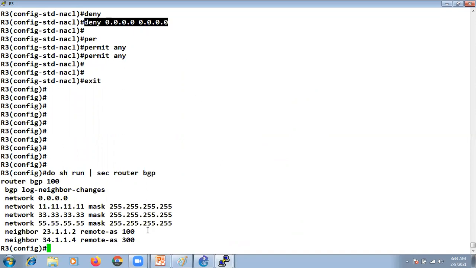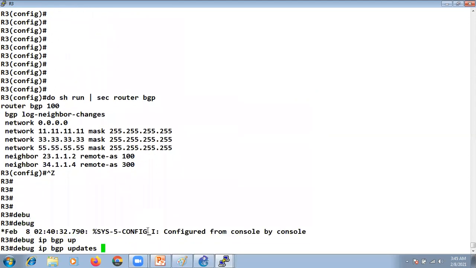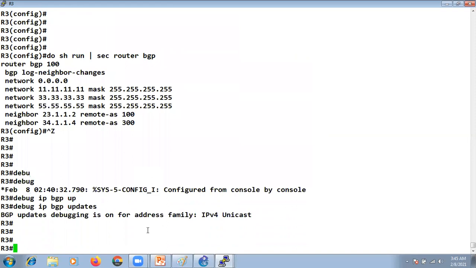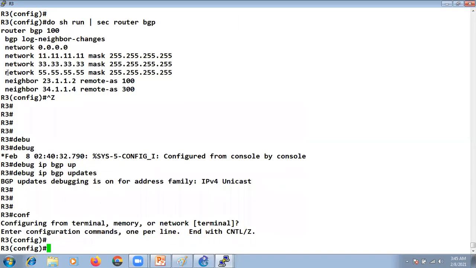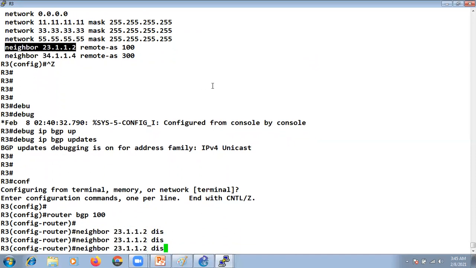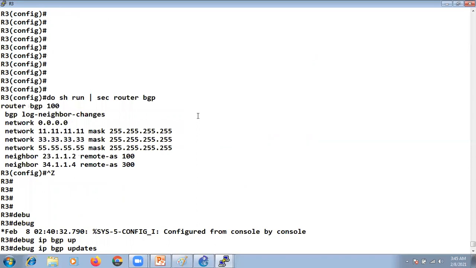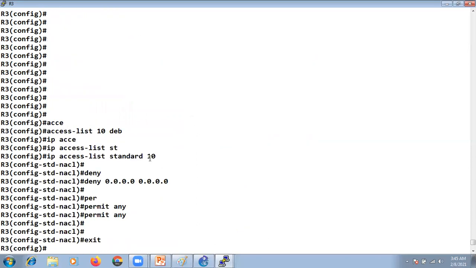Also, let's do one thing. Let's apply the debug here also for the update. So now what I will do is go to router BGP 100. So here is my neighbor R2, right? I will apply the distribute list here, and what was the number of the ACL?